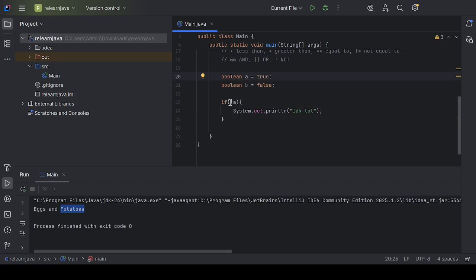Basically saying if this is not true, meaning it's false, that means this won't run. You kind of get it, it does the opposite of what you have. So right now this won't run. I can run this, and it won't print out the statement. Yeah. So if I change this to false,